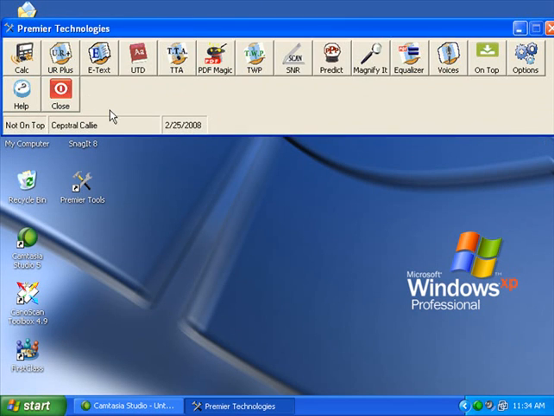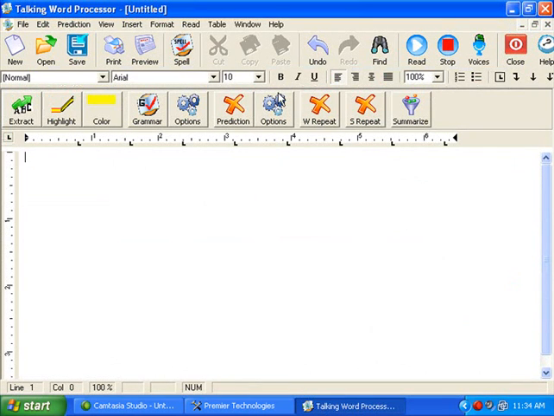For this video, we're going to go over some of the writing options that we have with Talking Word Processor. I'm going to launch it from the toolbar, clicking once. And we have a lot of nice writing features within the Talking Word Processor. One is changing the font. I'm also going to make this a little larger,